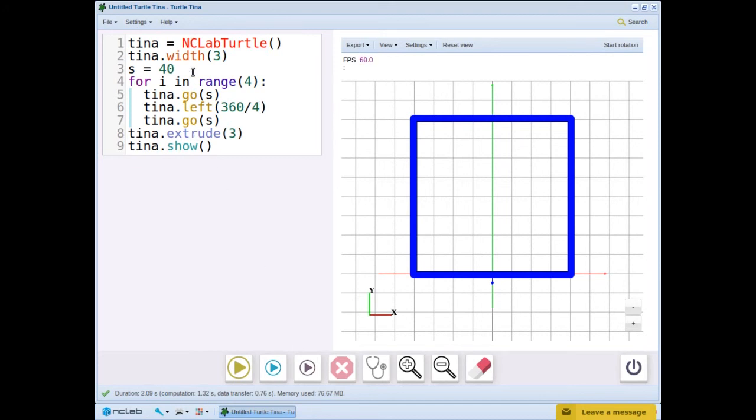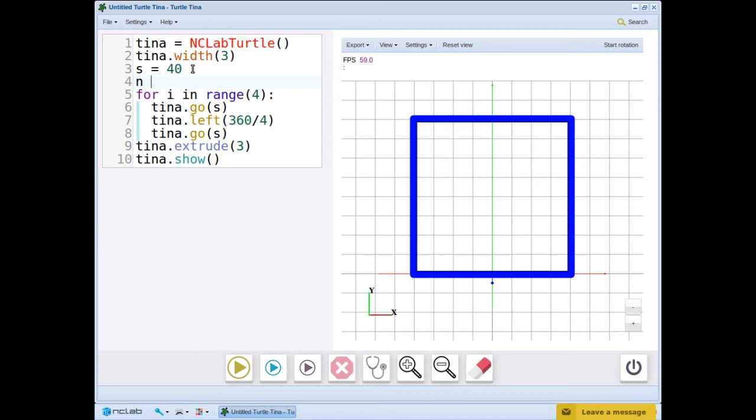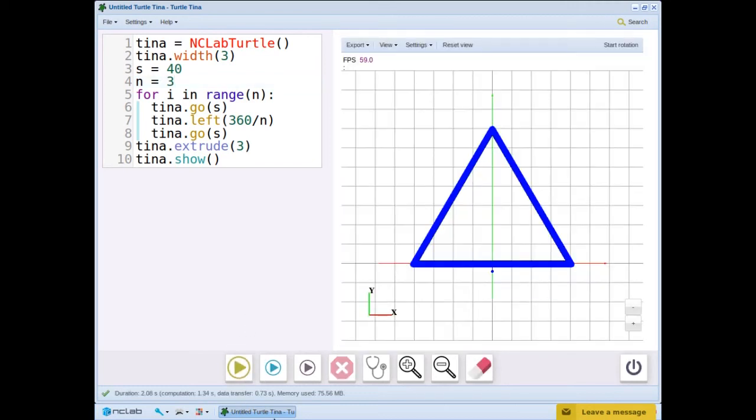Now let's change the 4 to a variable n. We write n equals 4 before the loop to define the parameter. Then we change the range to n and the left turn to 360 divided by n. Once again, we have our square. Now let's assign a different value to n. How about 3? Our polygon is now a triangle with 3 sides and a turning angle of 360 divided by